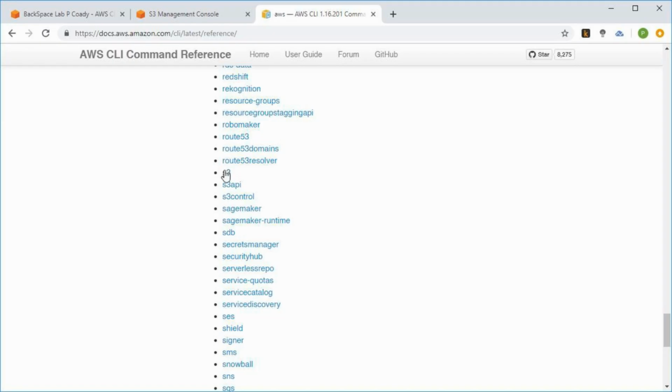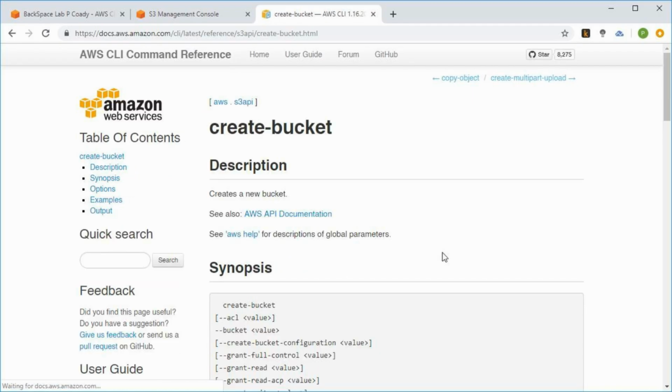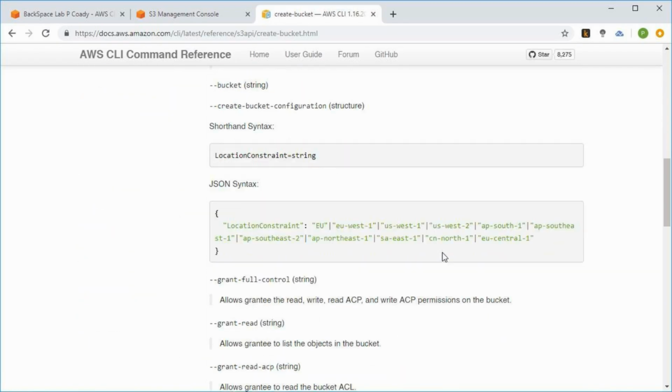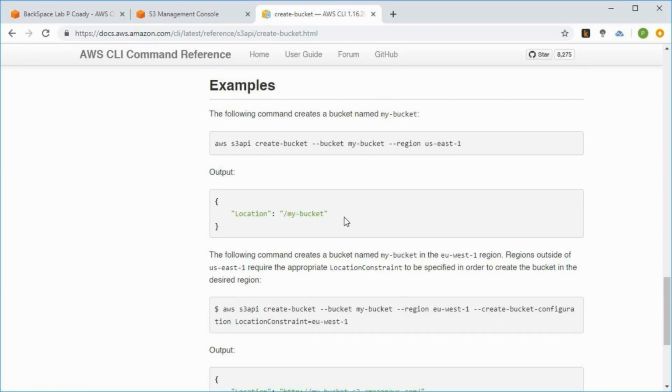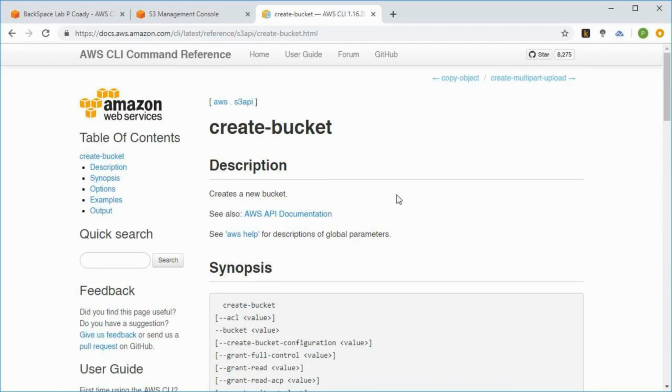So let's have a look at that. So we go into the S3 API, and if we want to create a bucket, we can scroll down and we can see the command there. It's quite long and lengthy. So we can see there, it's a lot more verbose than using just a simple CP command, but it's a lot more powerful. You can do a lot more with it. So I'll just go back